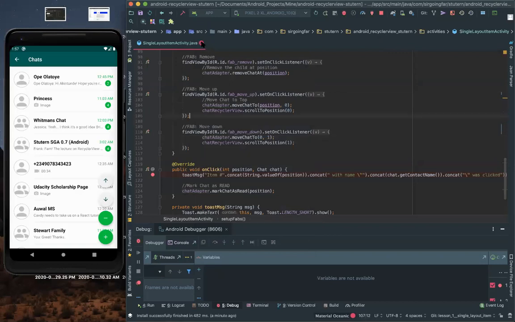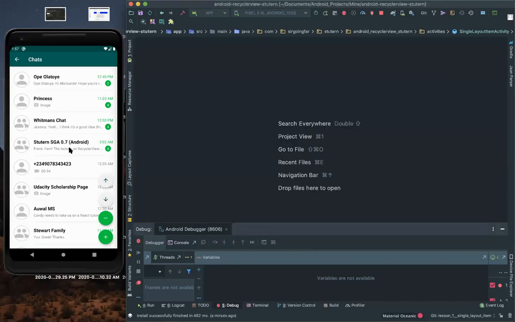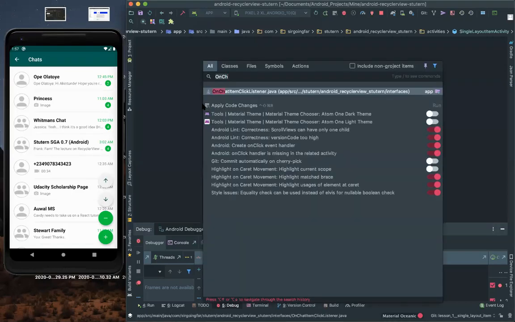The things you can do with a single list item recycler view, you can do with a multiple layout item recycler view. You just need some caution to know when to inflate which. That's what I will quickly show you. The only difference is just